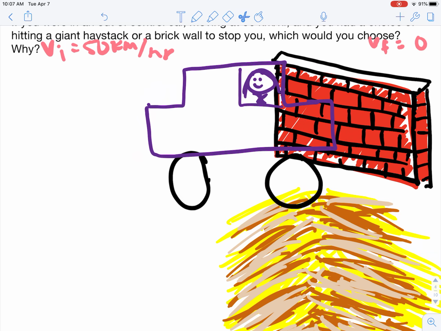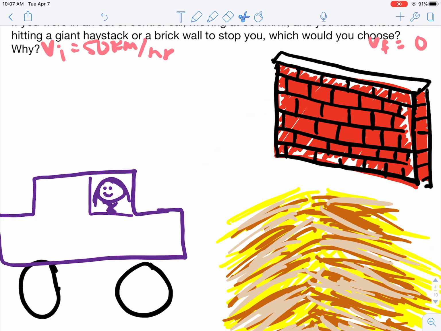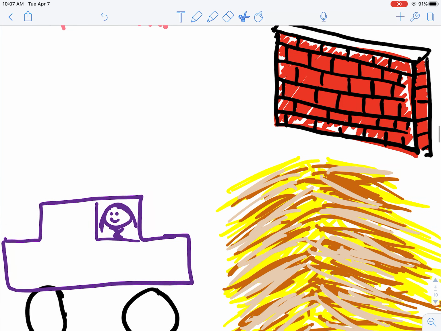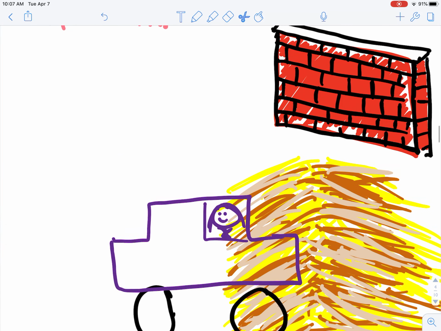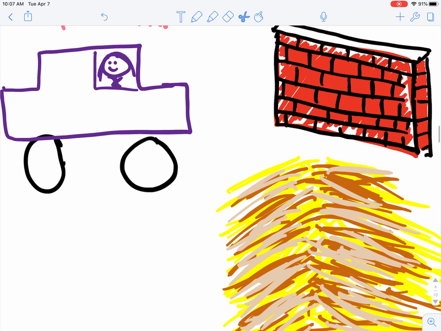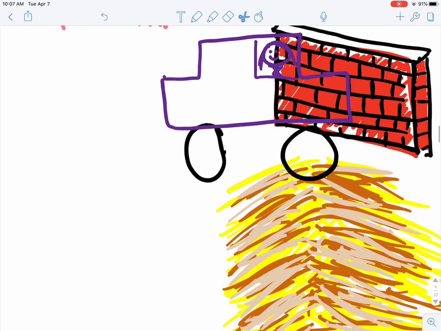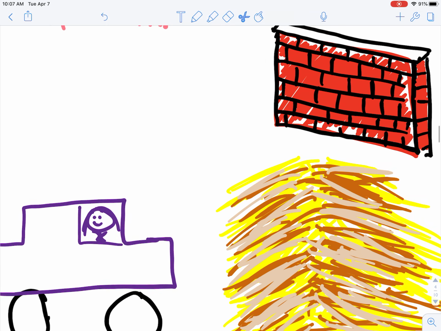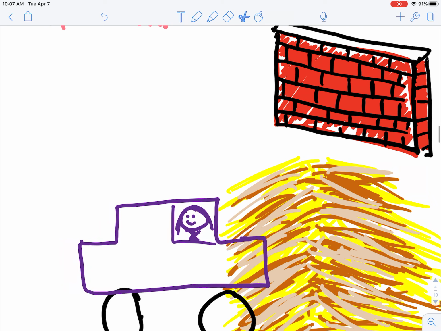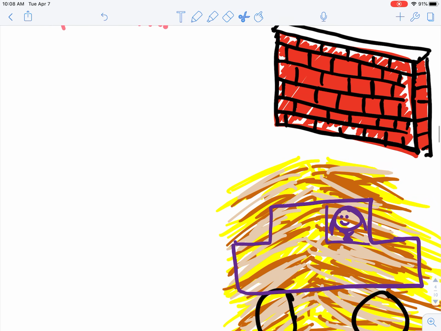Let's say I'm driving and then I hit the brick wall. It brings me to a stop immediately. Versus if I'm hitting this haystack, I'm going to hit the haystack, but I'm not going to stop immediately. It's going to take me some time to go through the haystack to finally bring me to a stop. So with the brick wall, I hit it and I stop immediately. So I feel the full force needed to bring me to a stop all at once, which would hurt. Versus here, I start to stop the second I hit that haystack, and then I gradually come to a stop